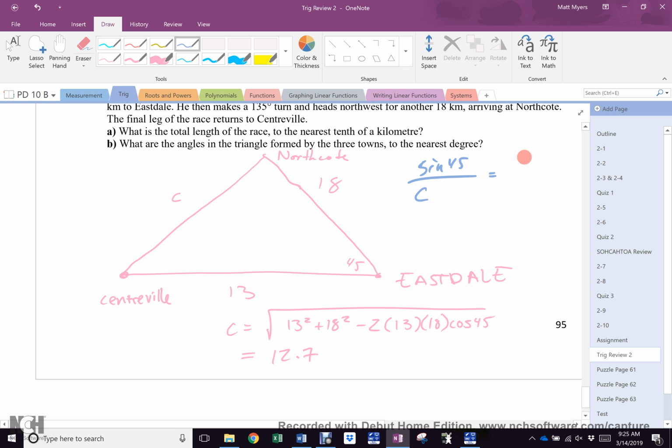Equals sine of Northcote over 13, right? So it's 13 sine 45 divided by C to get me N. So I go here, I go 13 sine 45 divided by my answer, and that is,